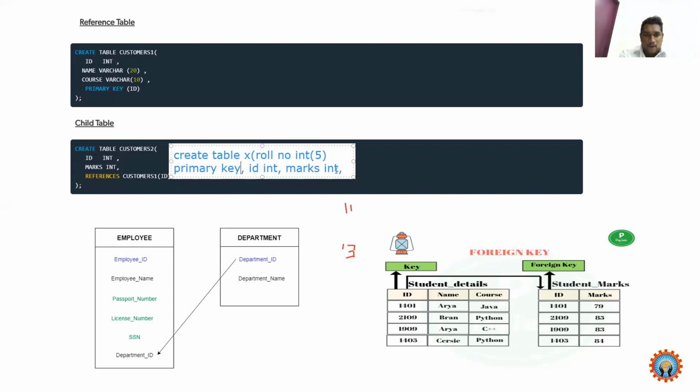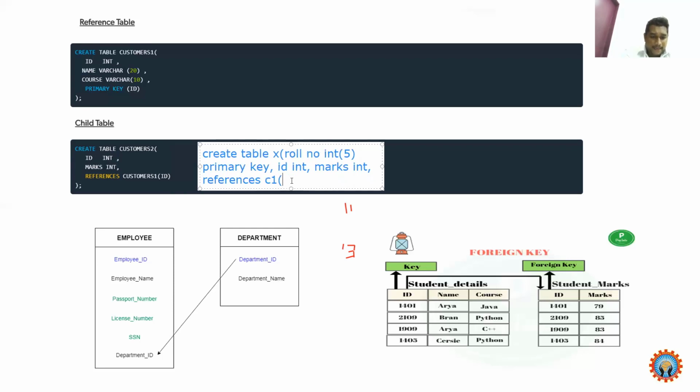Okay, now this id is one primary key of the master table. Now it has to be declared here, that is nothing but references table name. The table name is called customer one, the one where you are maintaining the id.